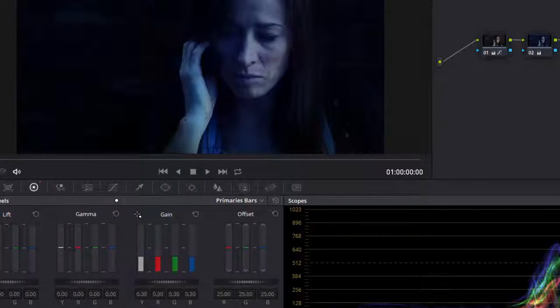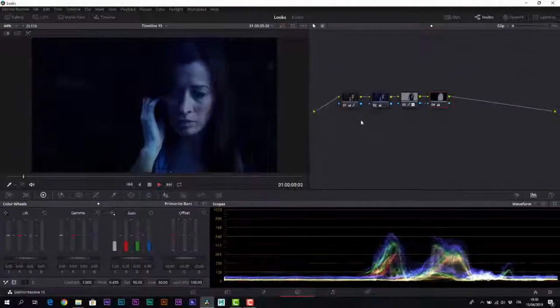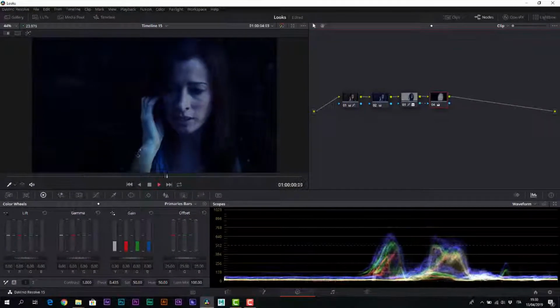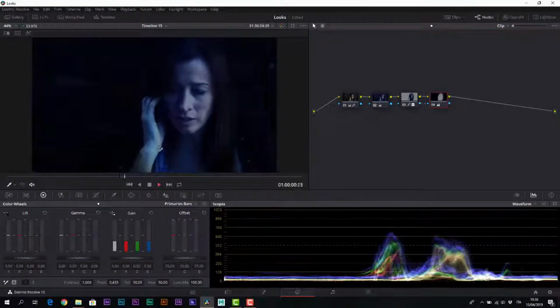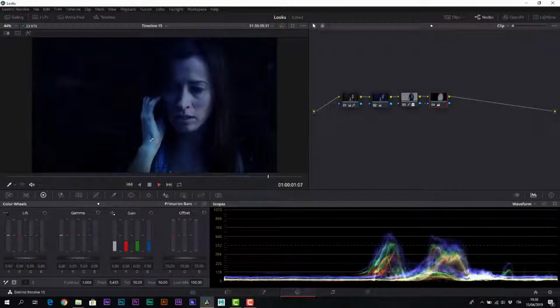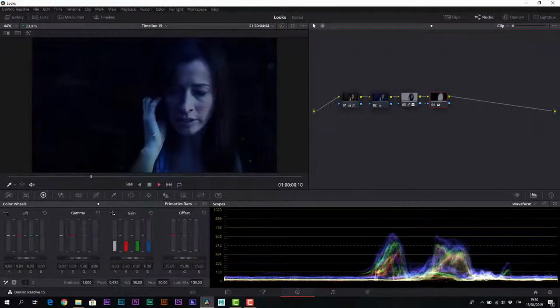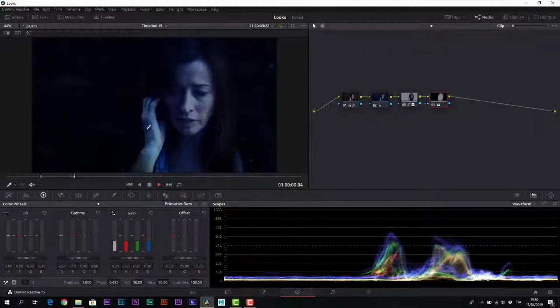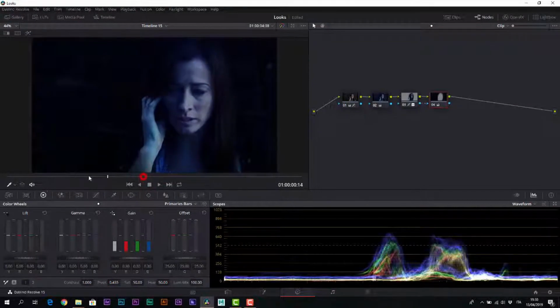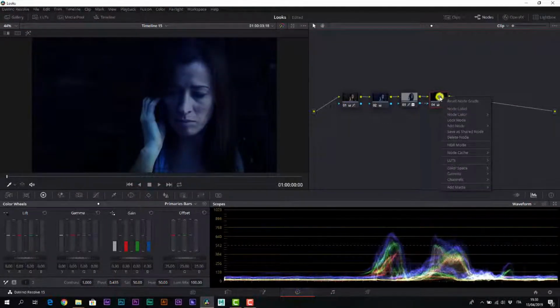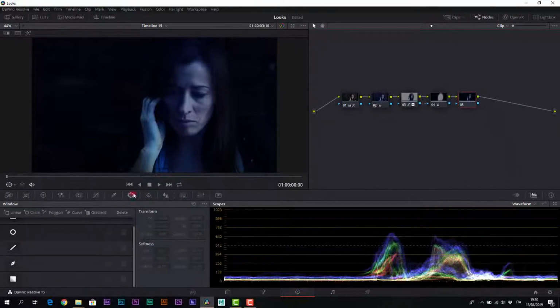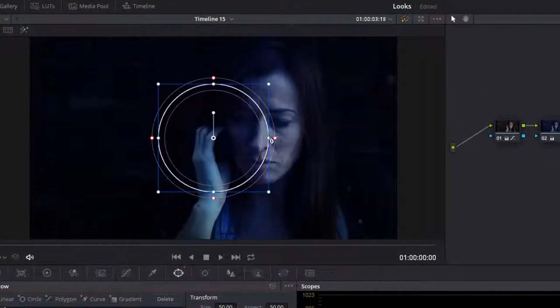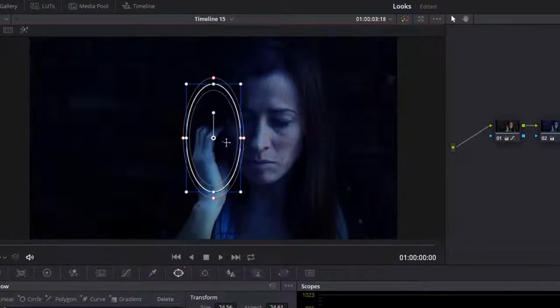At this point the shot could be ready, but for the character's arm. It stands out a lot. It has a slight color shift to green, it still retains a bit of color, and especially in the right part, which is now the most shaded section of our image, it remains a little too visible. So we insert another serial node with an additional power window, this time very small and focused on the arm. Tight, but quite soft.